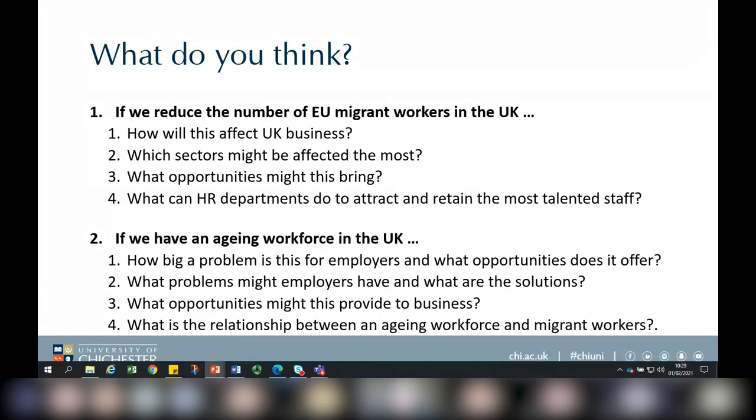So it'd be quite challenging to replace them, do you think? Yeah, definitely, because unfortunately a lot of people that live in the UK don't want to be chefs. It's not the career that it used to be years ago, where you would go to catering college and things like that. No one does that anymore. It's not an option. Okay, thank you, Kelly.